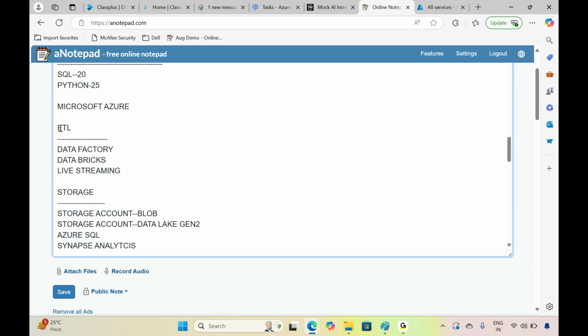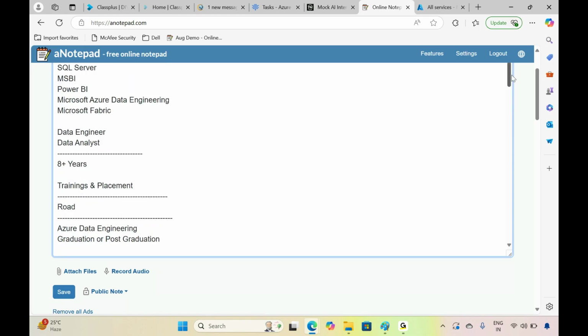So we want to make you primarily ready on ETL services and the storage related services. ETL services, Data Factory is zero coding, so you are not going to write any code. But inside Databricks, I'm going to teach you complete basic to advanced level PySpark. This is very, very important. It is something similar to commands you are going to write, very easy. You don't need to worry about that. These are all the programs we are conducting as part of this Azure Data Engineering training.